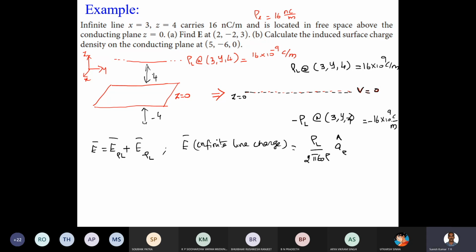So this is a general formula for electric field due to infinite line charge. Now let us write the general equation, rho L1 over 2 pi epsilon naught into rho 1 into